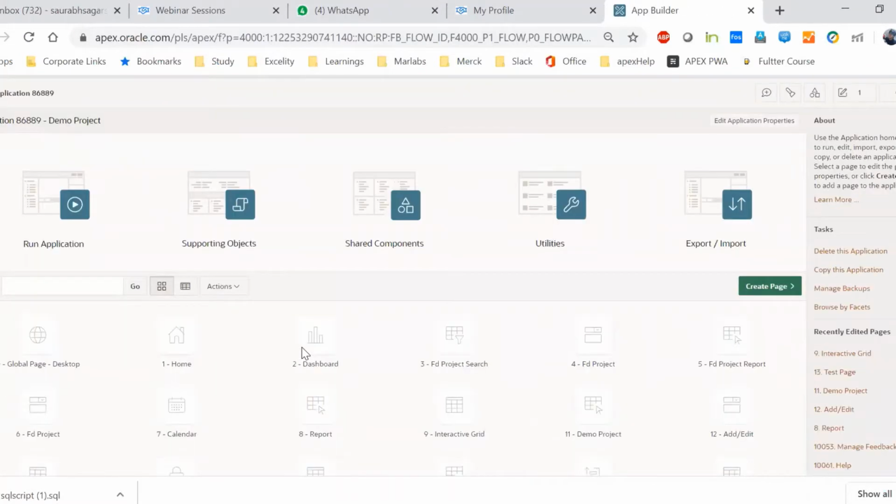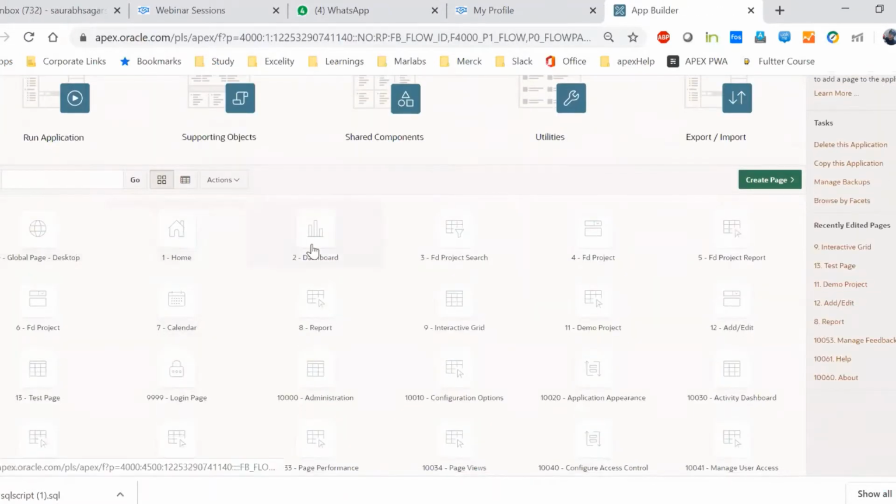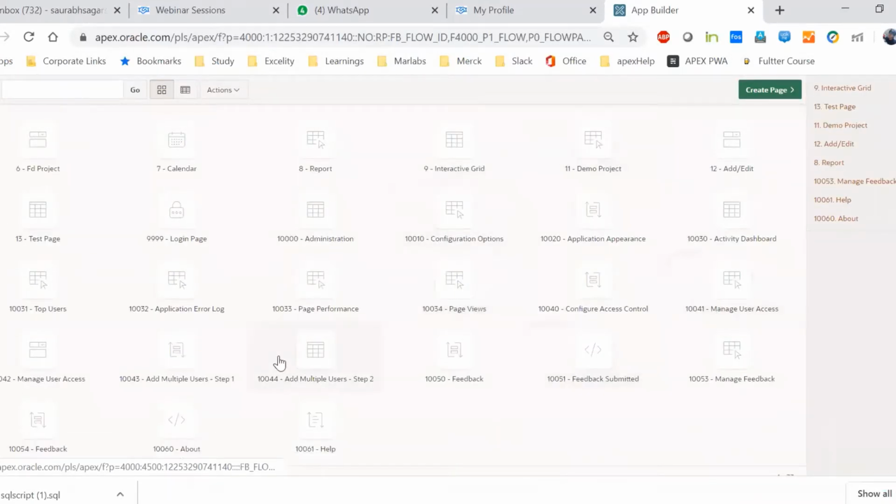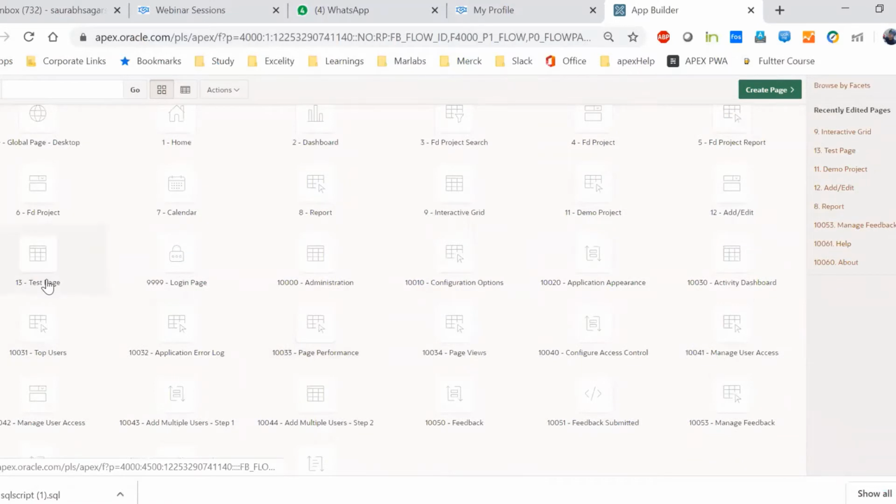I'll show you. These are the pages. These are nothing but pages. Page number 1, page number 2, page number 3, and the name of the page. So here we have a lot of pages. Let's say I have a page called test page, and I want to delete it. So you have to click on this page,